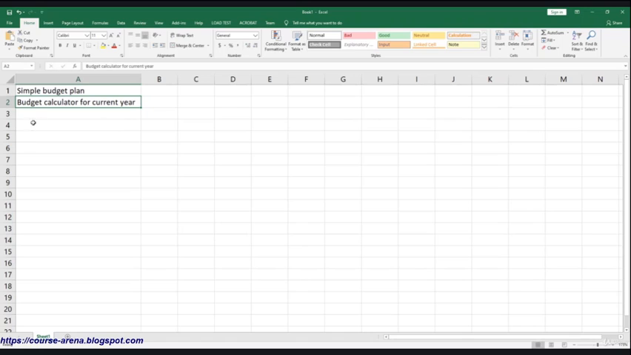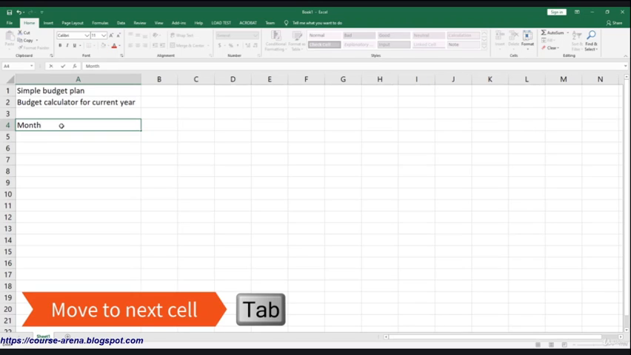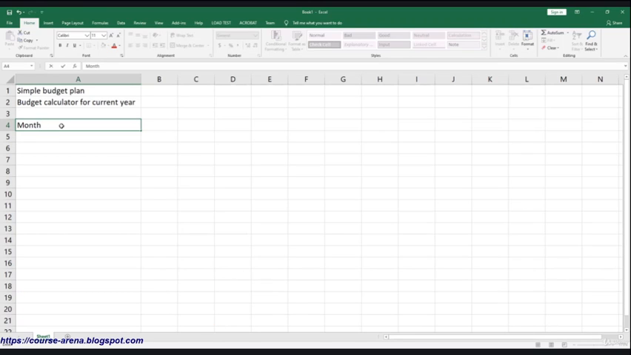Now, let's go, for example, to cell A4. And let's write here month, for example. If we want to go to column B while maintaining the same row, here row 4, we press the tab key on the keyboard or the right arrow on the keyboard. Okay? So either we press the tab key or the right arrow. So let's press the tab key, and let's write January,